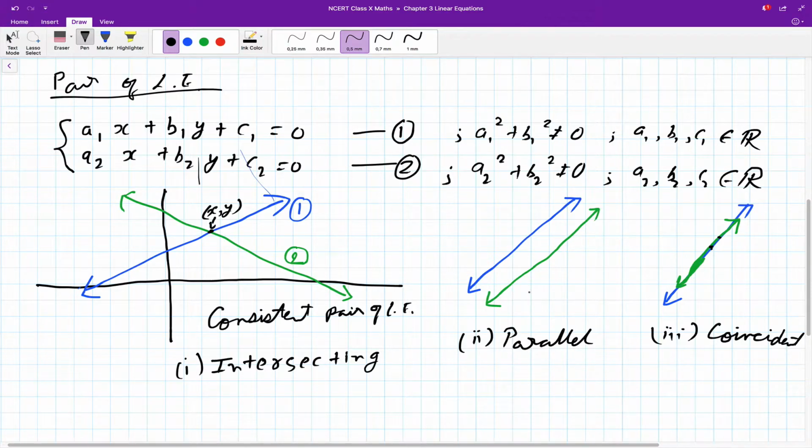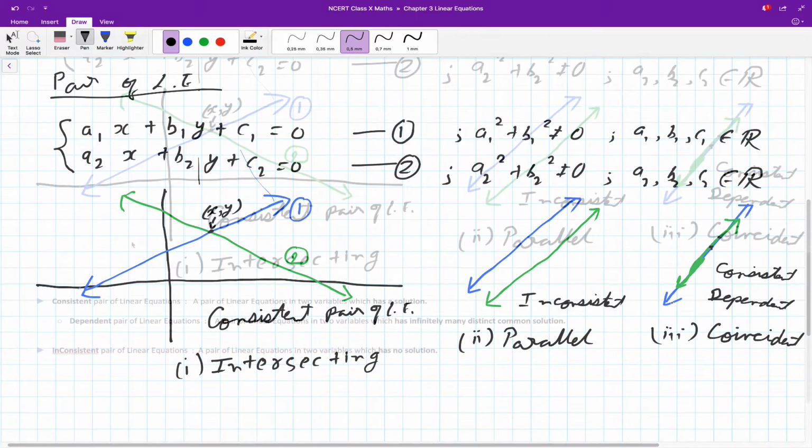When we don't have a solution, we call it an inconsistent pair of linear equations. In the coincident case, we already have a solution, so this falls under the category of consistent, but there is a special name given to the situation where you have infinitely many solutions. They are called dependent